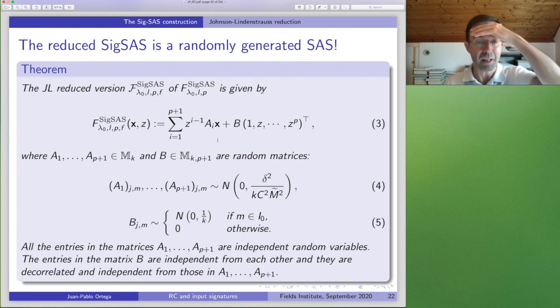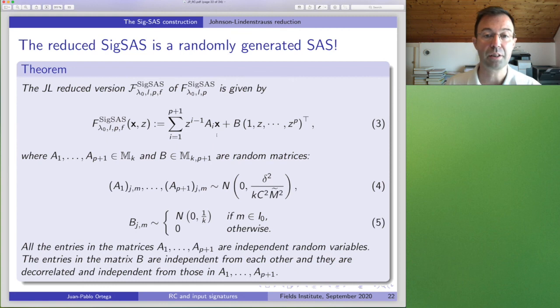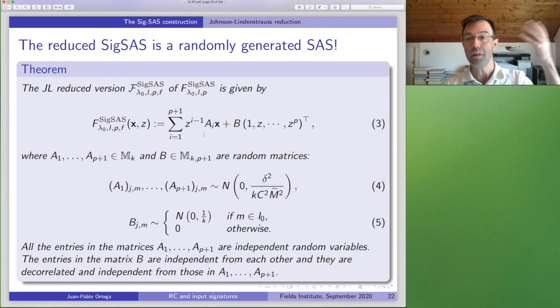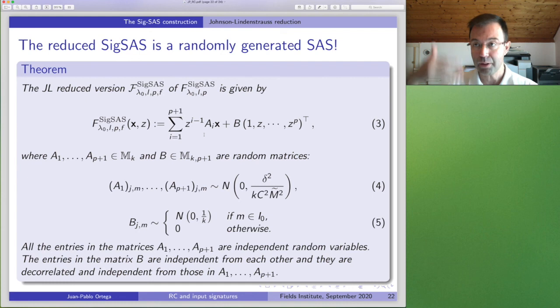So if you want, this is the punchline of this talk, right? We have these randomly generated objects. Why are they working so well? Well, because up to epsilon, they are representing something that upstairs corresponds to extremely precise and huge dimensional approximations, right? So of course they work well. So this is what I wanted to tell you.